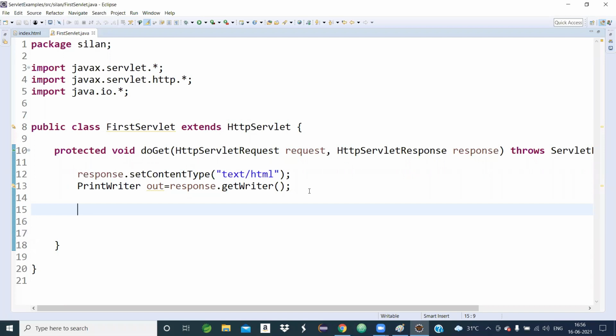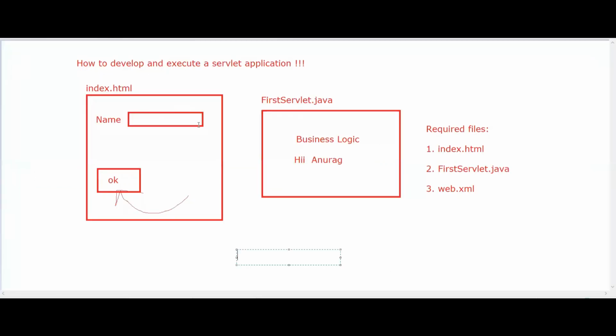Then we will go to the logic. First of all, we will process the form data. We have a form with one text box, and whatever the user inputs here is called form data.